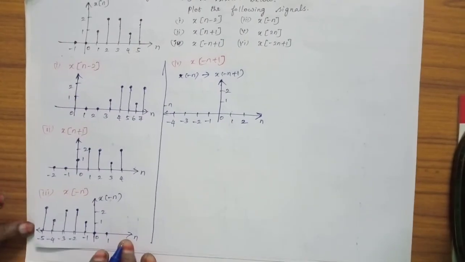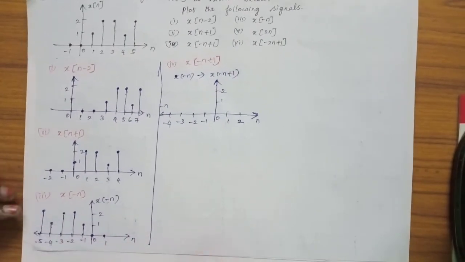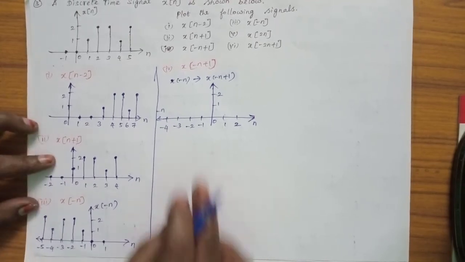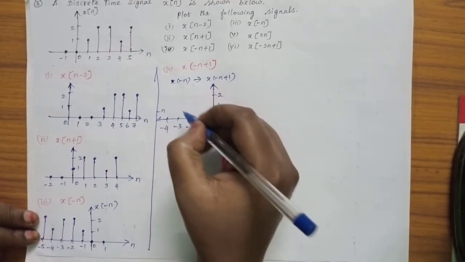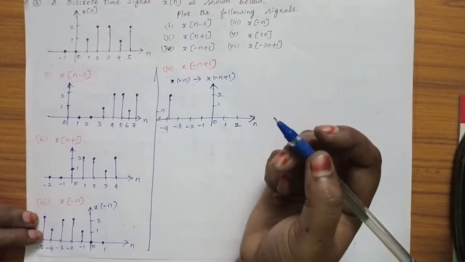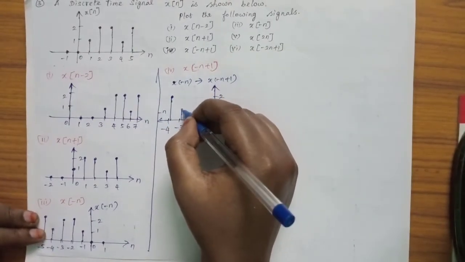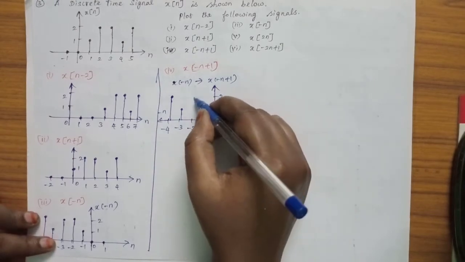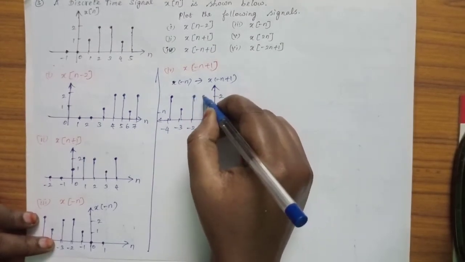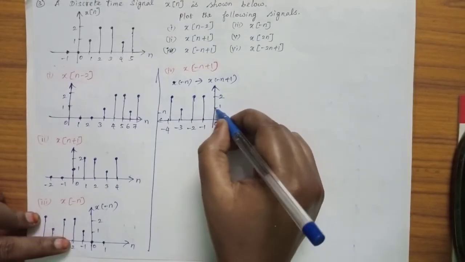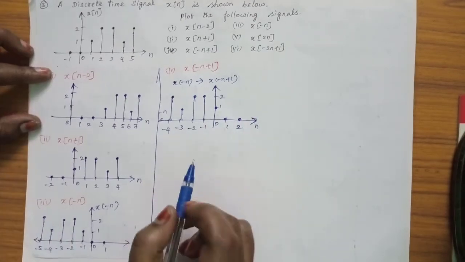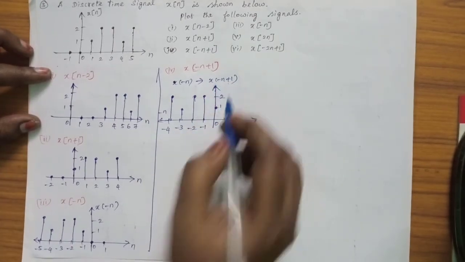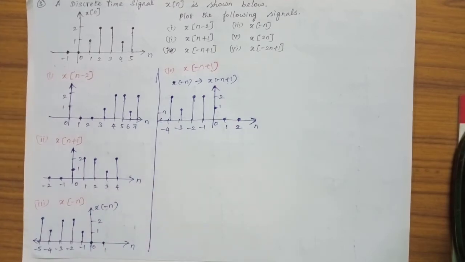So this signal is going to be shifted towards the right side by 1 sample. So what is present at n equal to minus 5 gets shifted to n equal to minus 4. At n equal to minus 4 it's 2, and at 3 it's 1, so we get the signal like this. This is x of minus n plus 1. Okay. So next we'll do